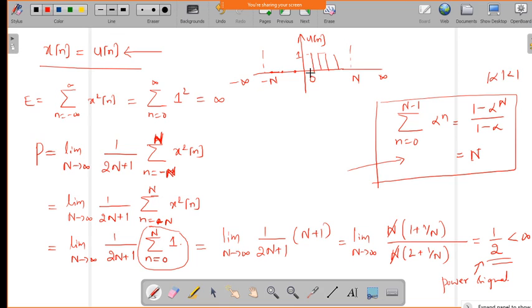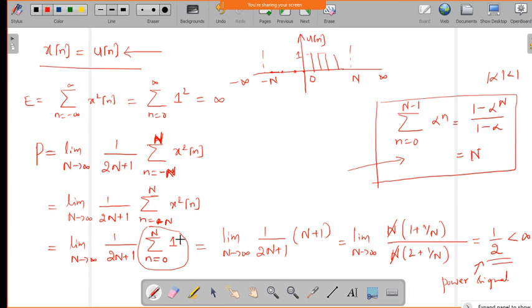Okay. So, here you can see up to 0, even if you take this limit minus n to 0, this will become 0 value. Okay. So the summation exists only from 0 to n. So with the limits minus n2 to plus n, it exists only from 0 to n, and the value of the amplitude is 1. Okay. So that we have taken here.